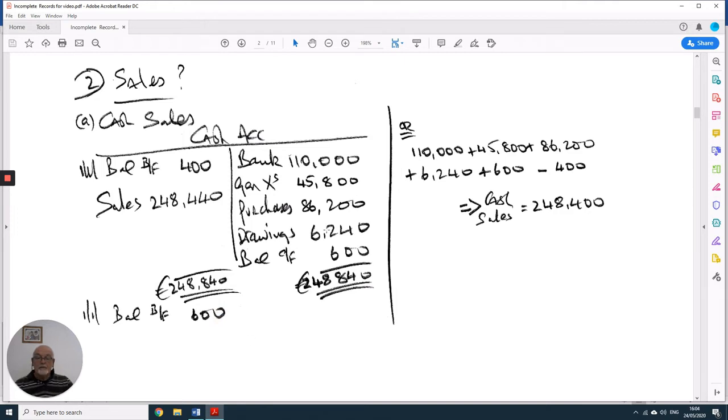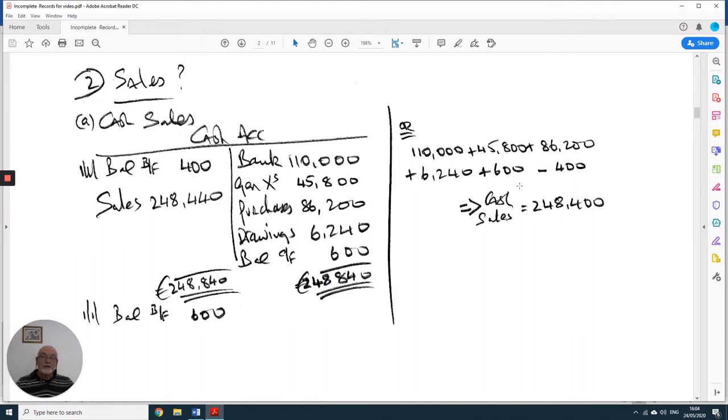So in all, we have spent 248,840 from the cash account. There was only €400 to begin with at the start. Therefore, we must have got money from somewhere. And of course, that's from cash sales. So we work out the difference between the two sides is the cash sales,